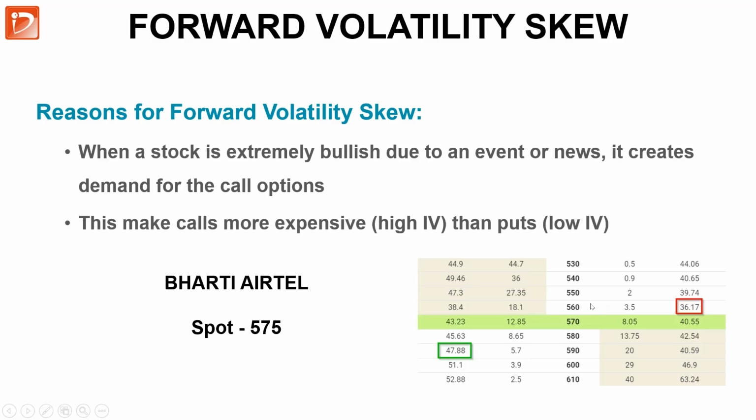So here the example I'm showing you is 561. The put option IV is 36 and the equidistant call option IV is 47. So there's a high volatility in the call option compared to the put option. Now let's take 540, for example. For 540, the put option IV is 40, and the equivalent is 610. 610 is 52. So almost 12. It's even more pronounced as you go out of the money. If you look at the curve, it becomes sharper.